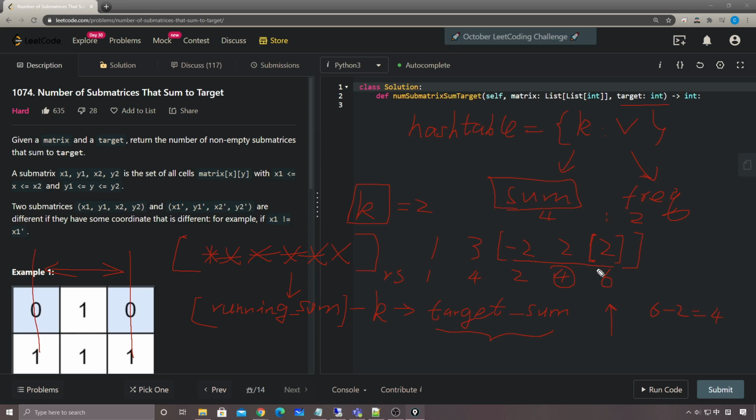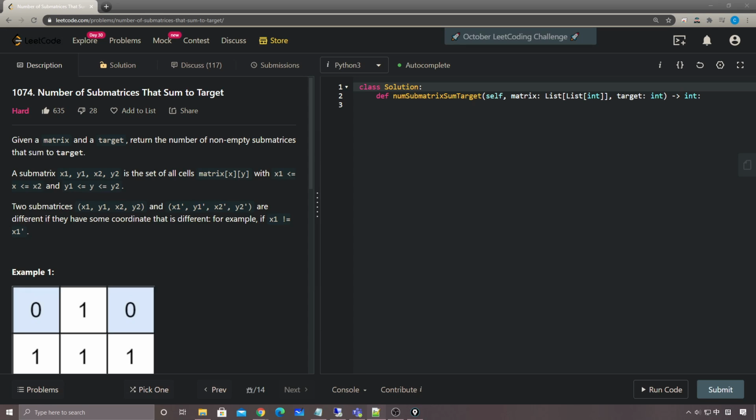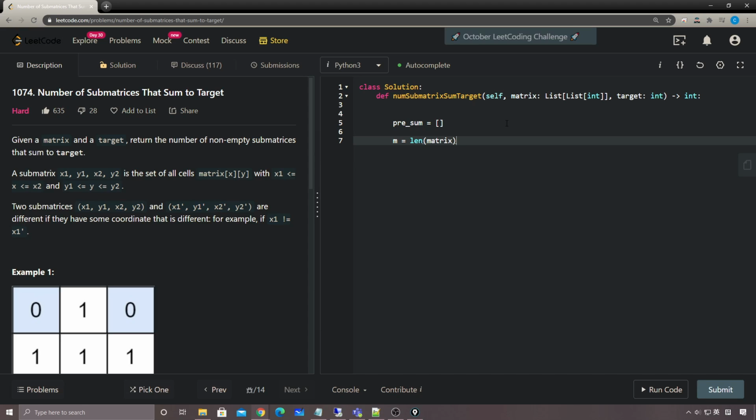Okay. All right, so with those two things in mind, we can start our coding. So the first thing is I'm going to use a pre-sum to help us compress the 2D problem into a 1D problem. This is a common technique you guys should know. So now we have 0, right? So that's that. And now I'll populate the 2D